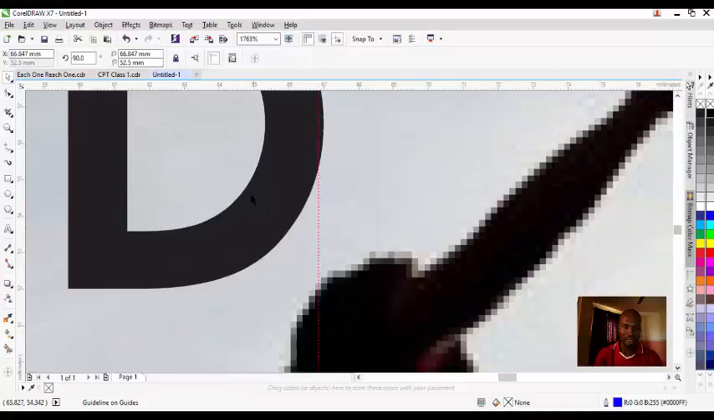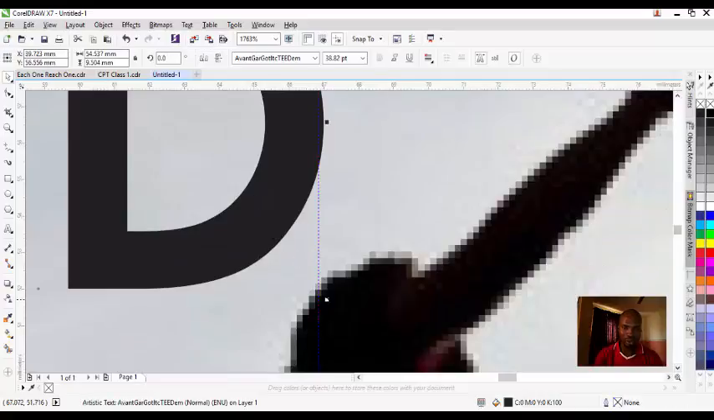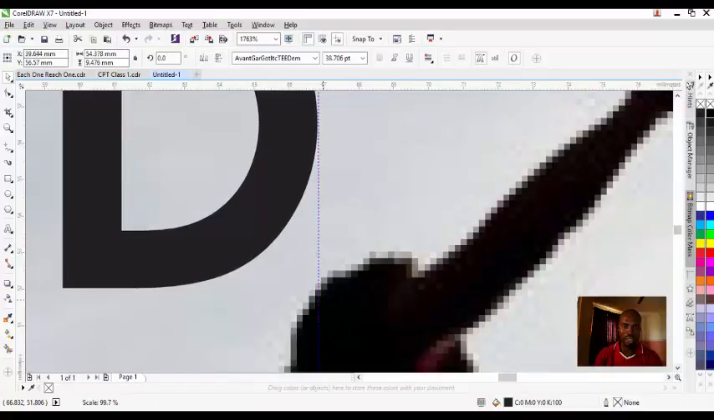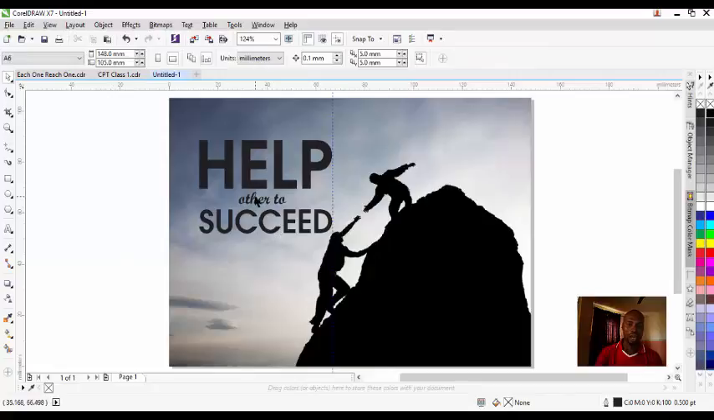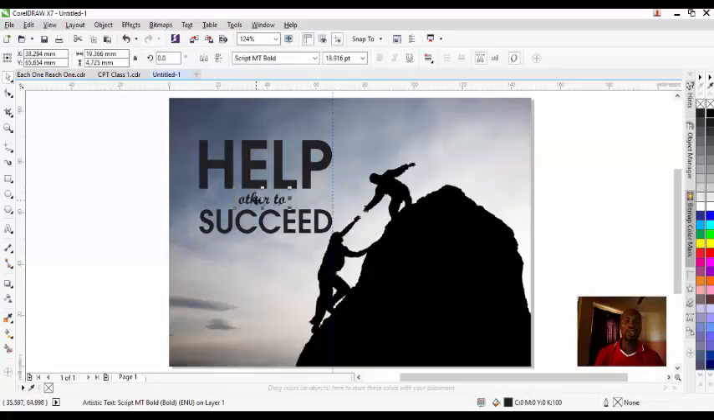So you can see there's a little shift on this one. So you drag this a little bit inside. Here we go. Good. Now back to the full screen. Now this is what we have. Now for this, I'm not going to use these others. Help others